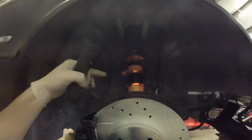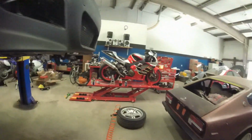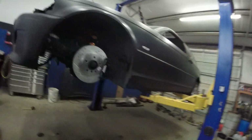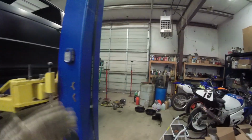Same thing right here and here. Got them centered. So I dropped it an inch here on the sleeve, and it's still going to compress down, so we'll see how well that sits, but I think that's going to give me just enough on the front, and I'm not looking for it to be flush anymore. I'm just looking for it to be even between the front and the rear now,